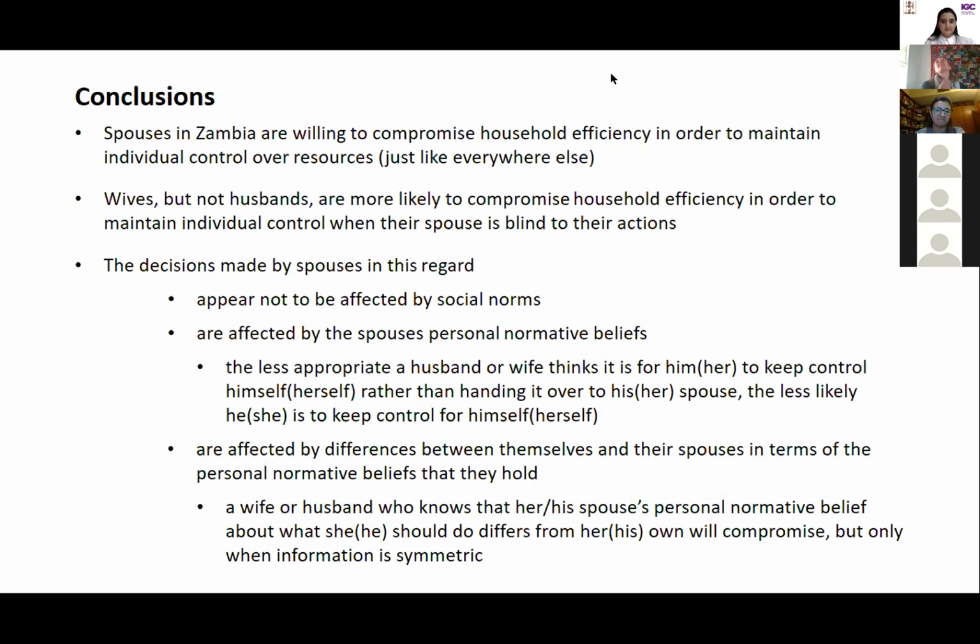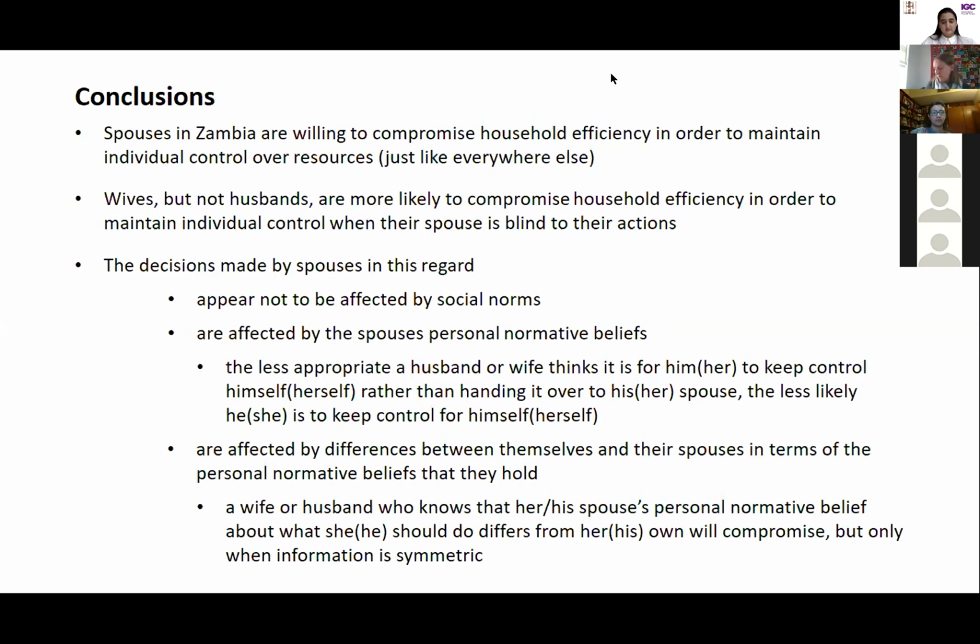Any thoughts on that? Okay, so the first thing I'm going to say is that we were interested specifically, right from the start when we were discussing our research agenda with people at FSDZ. The question was, what do husbands and wives do with little bits of spare cash? Because FSDZ is interested in supporting people in their financial management, and in particular we were thinking about how do we encourage people to save. So this is all about what do husbands and wives do with little bits of spare cash, and of course we're giving them a little bit of spare cash in order to make a decision about what to do with it. So in that regard,